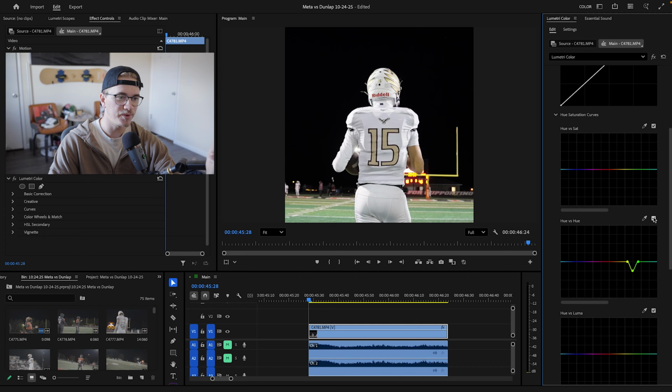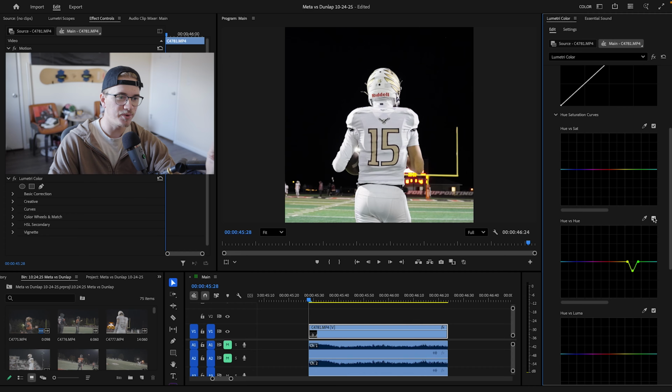So from there, I just kind of touch up the red, the green, and the blue with whatever the shot's kind of looking like. So in all honesty, it could use a little bit of warmth here. So we're gonna pull these reds up some. And you can see what it changes back there. When I pull this down, it makes that background more green. When I pull it up, it makes it more red. So I'm gonna leave it down just a little bit so you can see a difference here with just those two sliders. You can see it's pulling out a lot more color in the field as well,